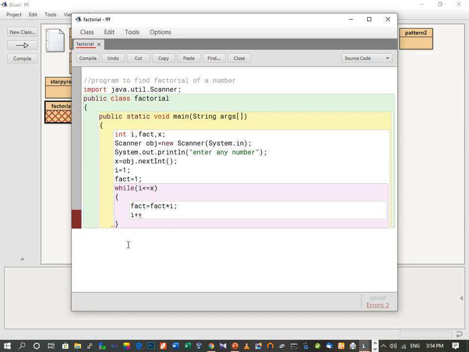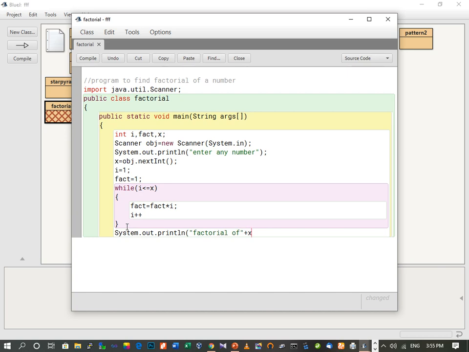So i plus plus, and then we will display the computed value of factorial. So System.out.println("Factorial of x is").